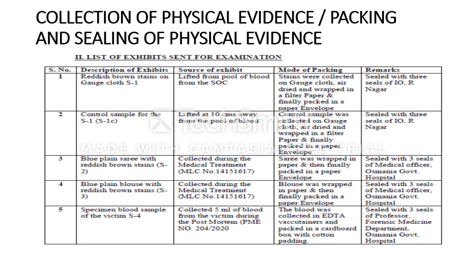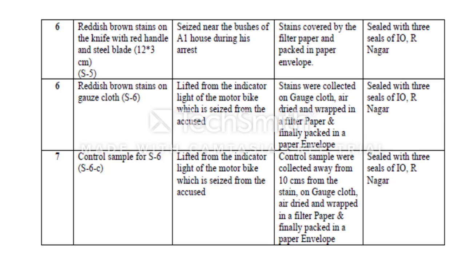Now, the other exhibits include the very important exhibit, that is the knife. Now we know that it has been recovered at the instance of the accused when he is arrested. The description of the weapon, knife, has to be given in full details as to the full length of the blade, whether it has got a colored handle, what is the blade made of, which metal it is made of. All these details need to be furnished, and it is given the serial number S5.